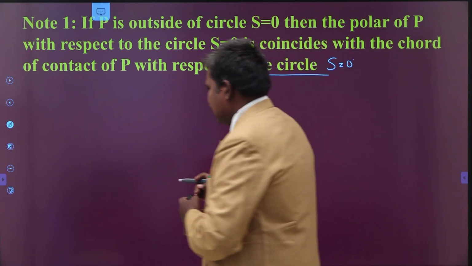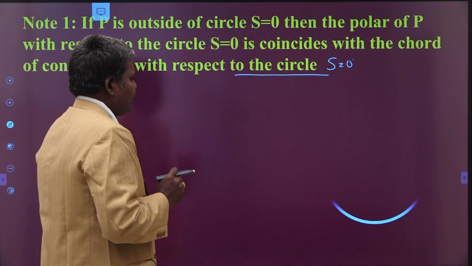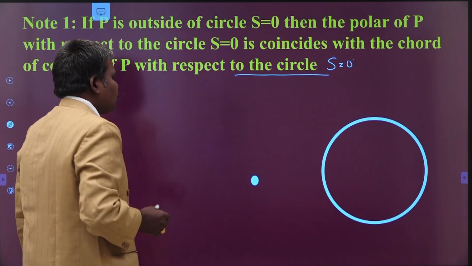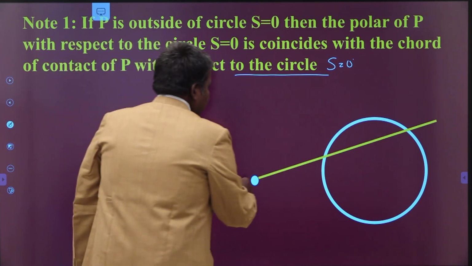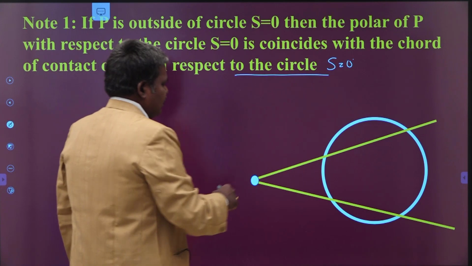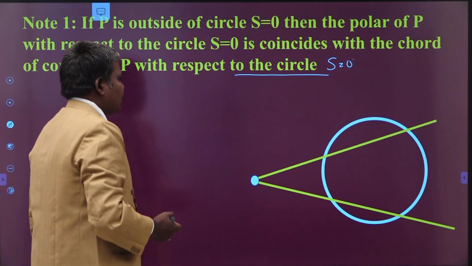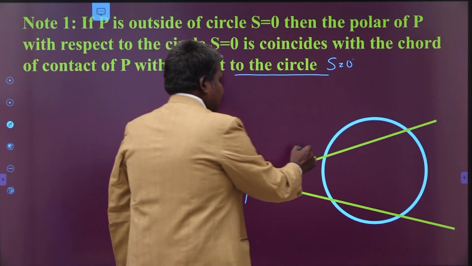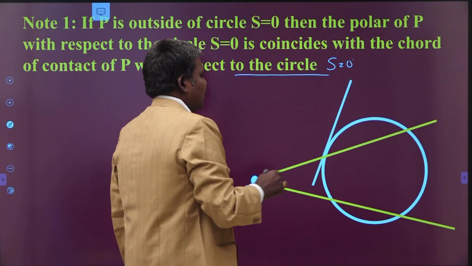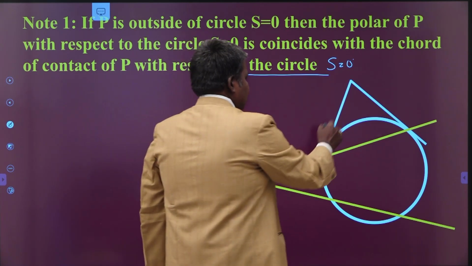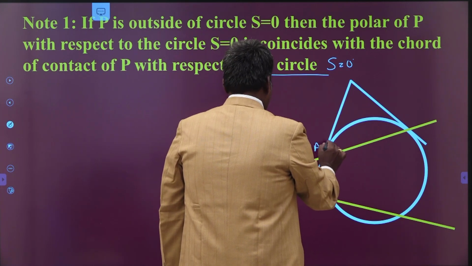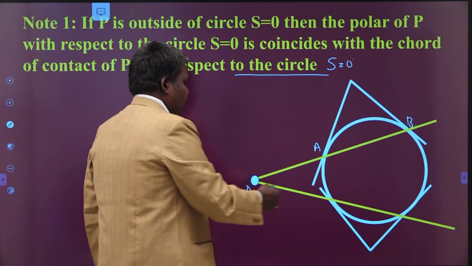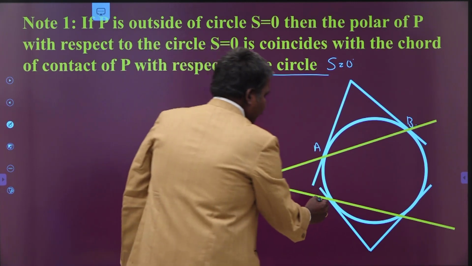See here, this is the corresponding diagram. This is the circle, S equal to 0. This is my point P, which is outside the circle, and draw secant lines through the point P to the circle. What is the experiment? We have to draw the tangents at the extremities of the chords. These are the tangents to the circle drawn at the extremities of chord A, B, say. Similarly, you can draw the tangents at the extremities of another chord formed by this secant line through P. Suppose this is C, D, say.